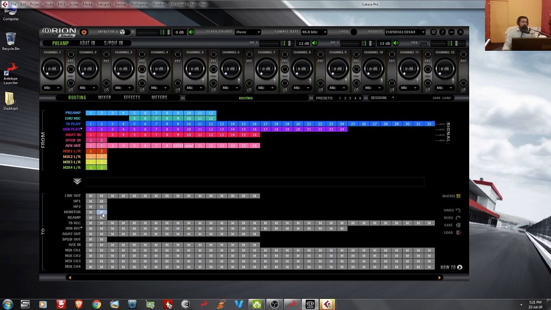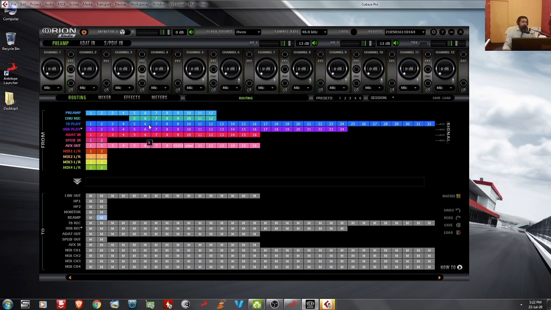Next we have the monitor outputs. There are two sets of monitor outputs, but we have only one DA converter, so it's showing here. Next we have the reamp outputs. Then the Thunderbolt record 32 buses here, and the USB record 24 buses. So this USB record is what we are using today. Next we have ADAT outputs, 16 ADAT outputs, and the SPDIF outputs. The Antelope FX input, we have 16 channels of Antelope FX. I will explain about that later. And 4 mixers with 32 channels each. So this is the control panel layout.